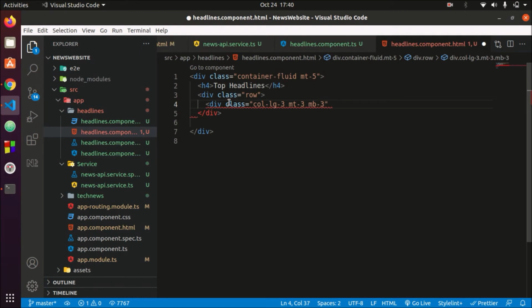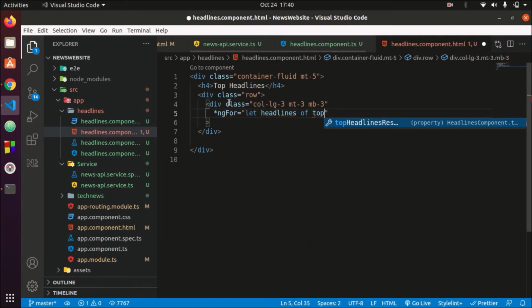So star, let me do it in the next line. Let's close it so that we don't get the errors. And now let's get the for loop, ngFor. That's the specialty of Angular, that we can loop through all the content which we are getting from our API.